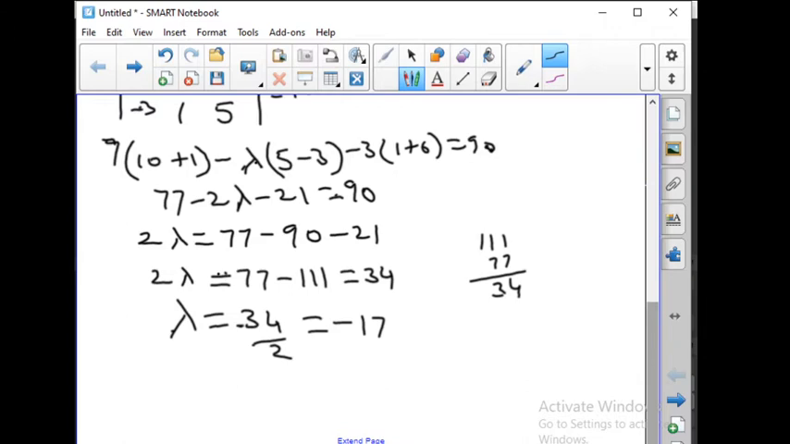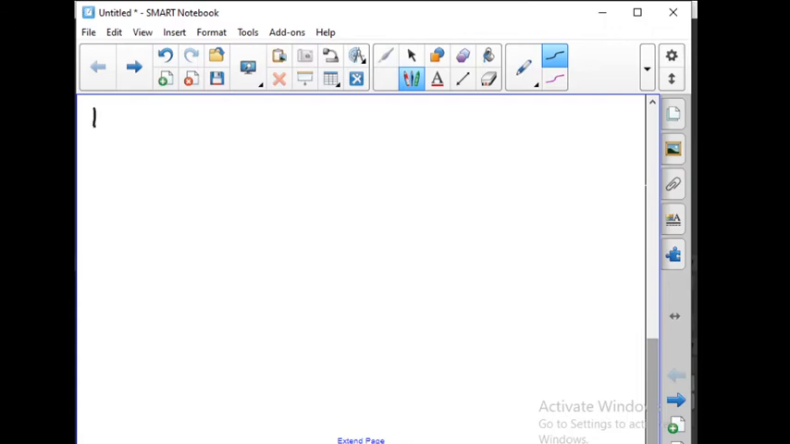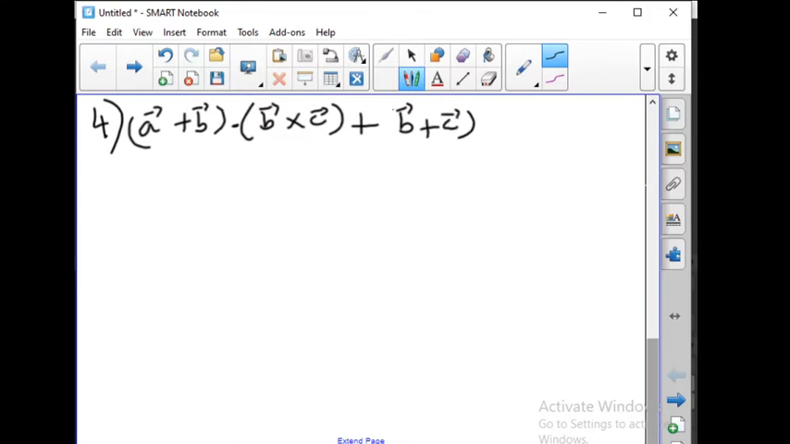Question number 4. Fourth question. If A vector, B vector, C vector are three non-coplanar vectors represented by concurrent edges of a parallelepiped of volume 4 cubic meters, find the value of (A vector plus B vector) dot (B vector cross C vector) plus (B vector plus C vector) dot (C vector